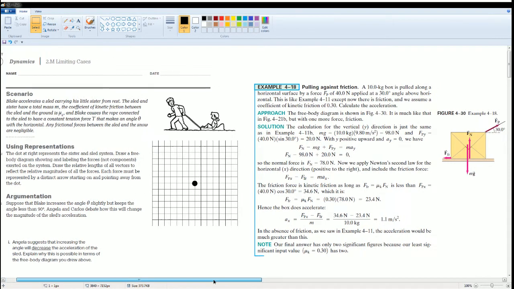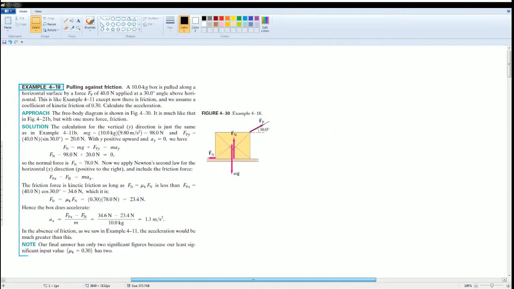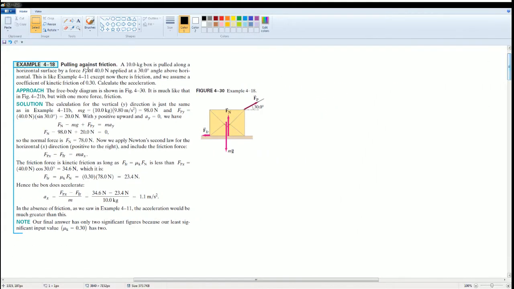Before that, I would like to show you where these notes come from. This problem comes from these series of notes. It is pulling at an angle theta on a box, and there's a frictional force. Here, they're asking to find the acceleration, and in the end, you can find tension if you just multiply by the acceleration. Okay, so the first thing that they did here is calculate the forces in the vertical,